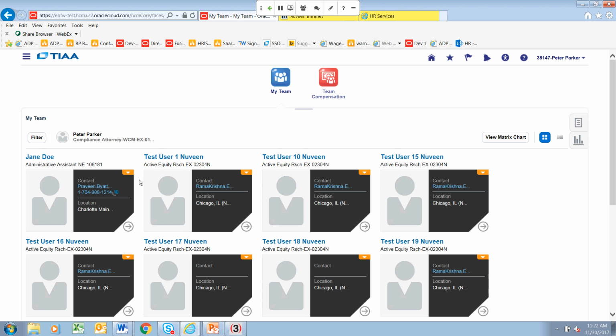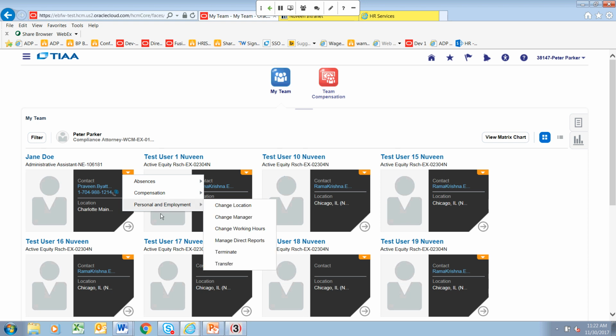What you would do again, you would click on this orange caret, and as you can see the pattern, everything is really done through the Manage My Team icon. You would go ahead and navigate once again to Personal and Employment and click on Transfer.